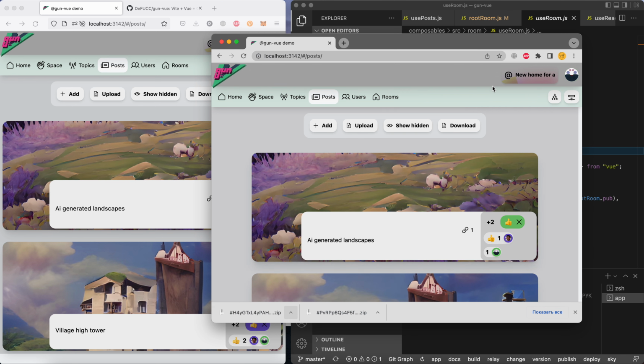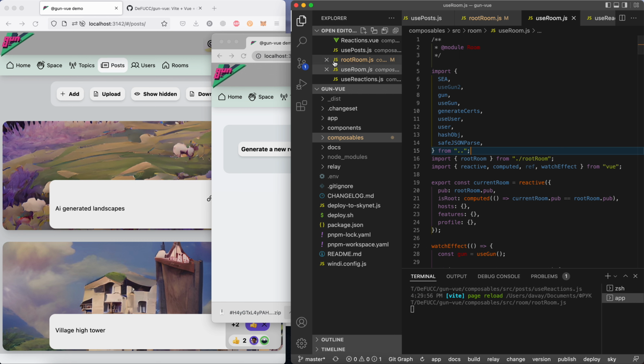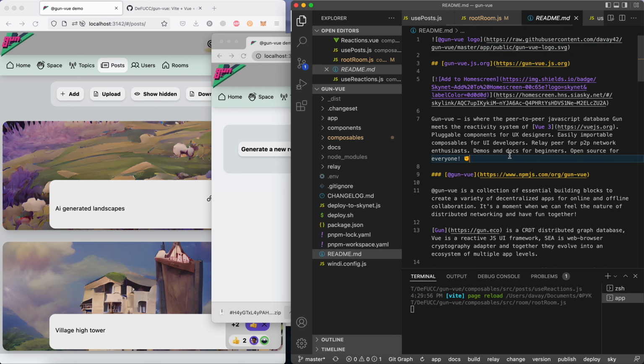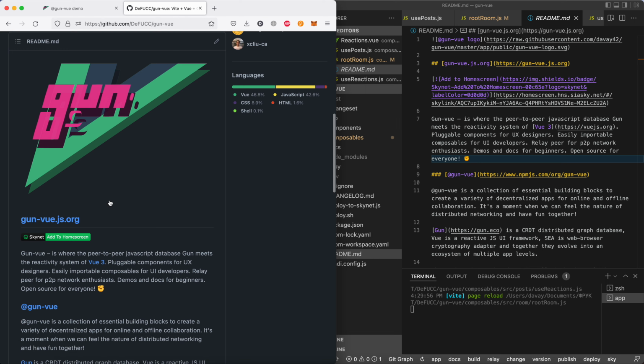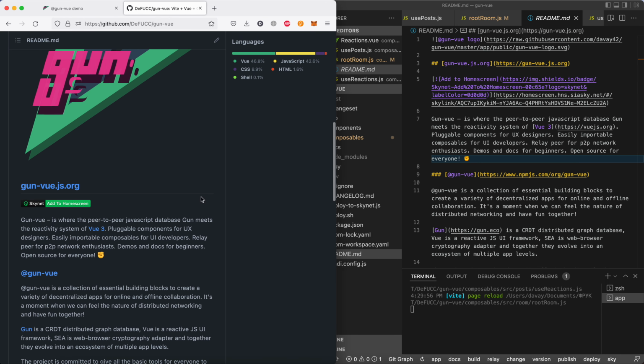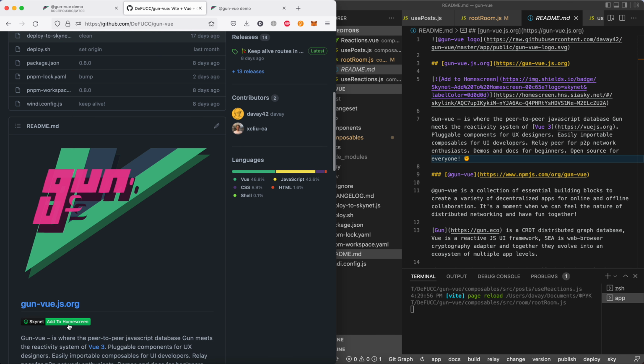You can go to the main room, you can create your own room and have friends there. You can even create detached rooms, and that won't be listed anywhere, but you should hack the code a little. You may even hack the code really deeply and create a fork of the repository and play with it by yourself, and have some pull requests, and we will try to integrate everything into the app itself, into gunview.js.org, and also to the home screen